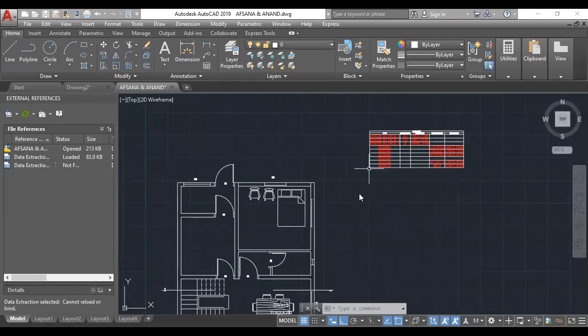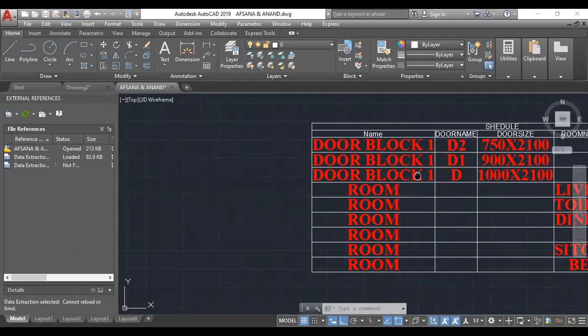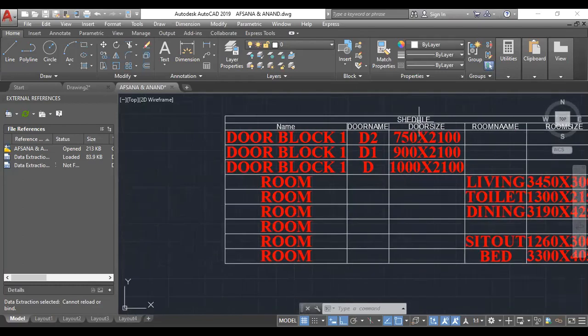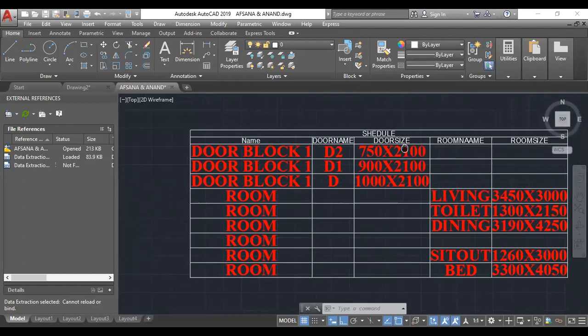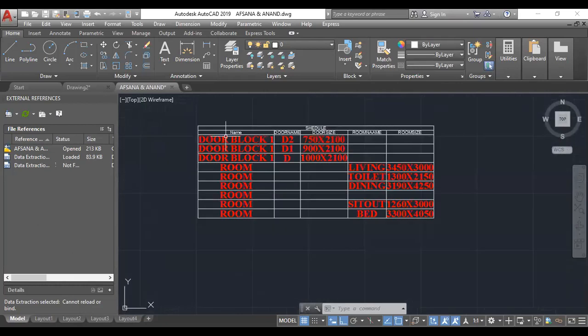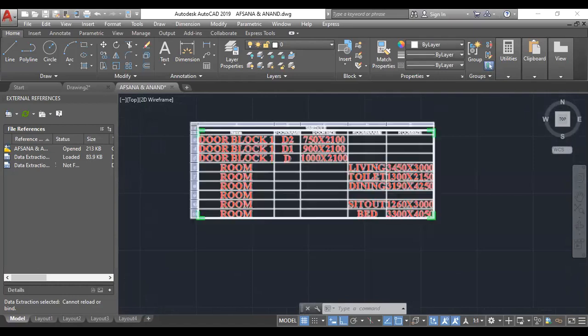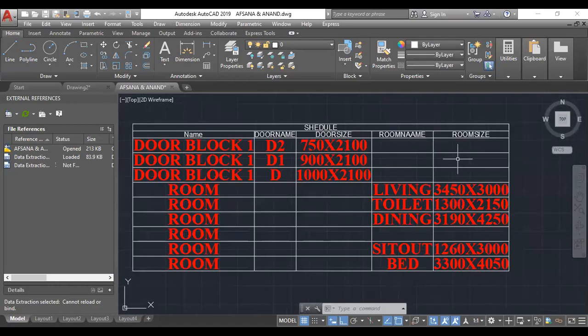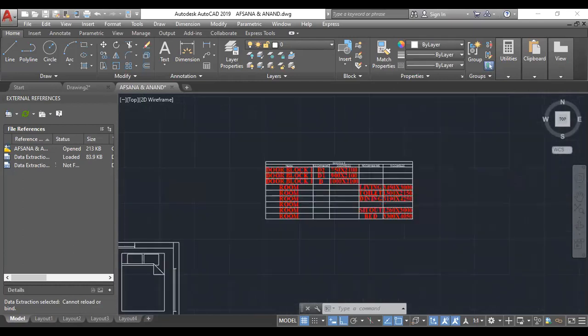After clicking in the model space, you can see that the table is placed here, and on the table you can see the title name is given as schedule, and I can see the text color has changed to red, and we are getting the information of door name, door size, then room name, and room size.